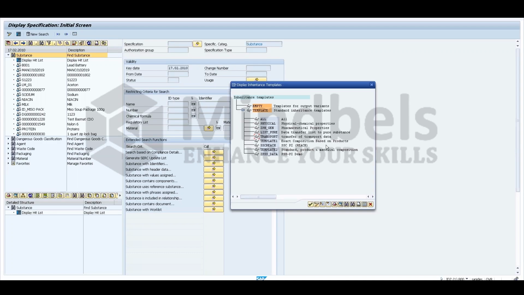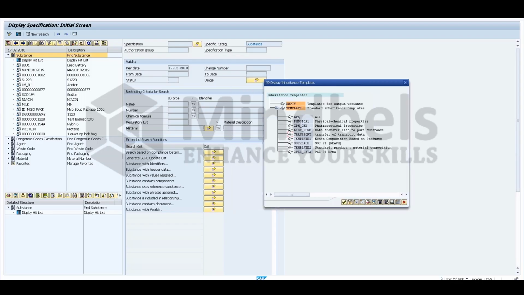So where are these inheritance templates? Where are the inheriting templates? Are we creating them, or they are